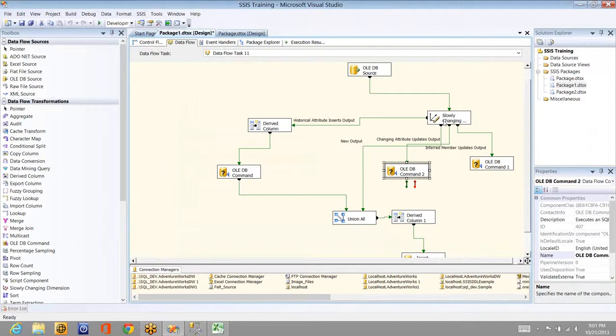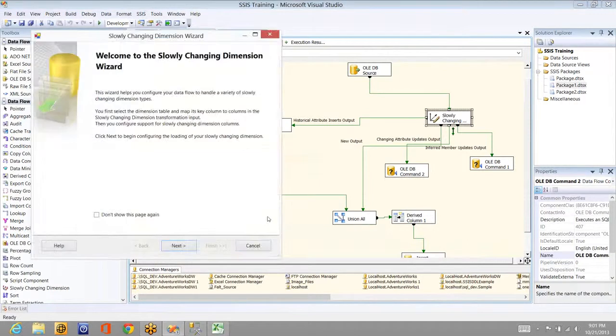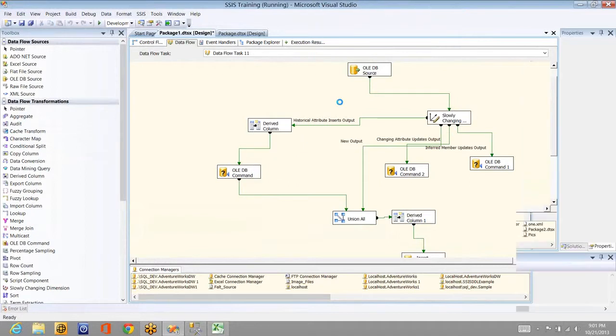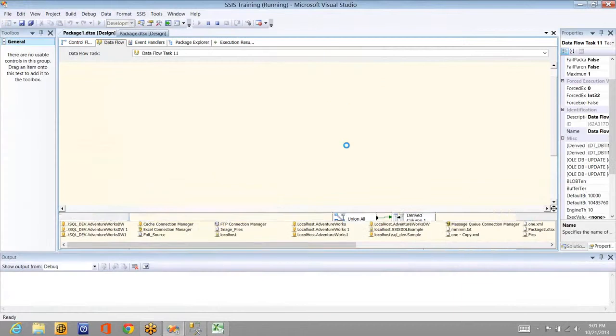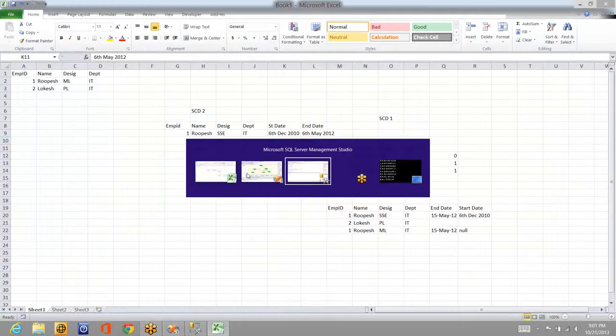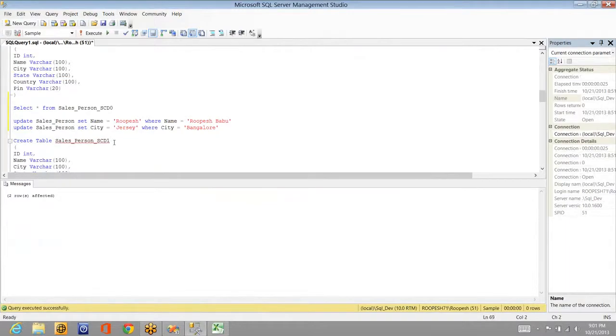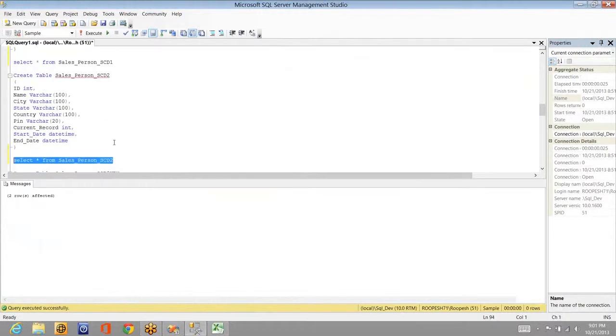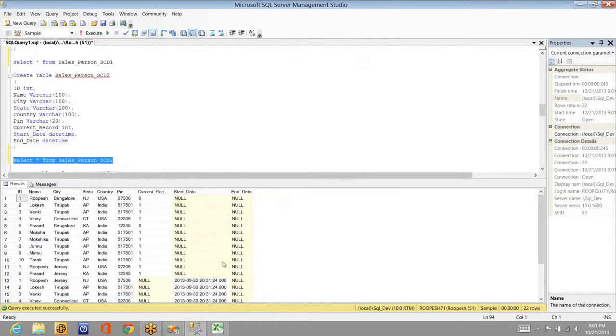So if I execute it now, I'm using the same table, right? Fine. So if I execute it now, it will go and check whether there is any data or not. And if there is no data, then it will insert. And if there is data, then it won't do anything. Let's see what the output we have now. So SCD type 2. You can see this is new records here. It's completely changed. It checks for start date and end date. There is no start date and end date for earlier data, right? So it has taken a new set of records, and this is the data.